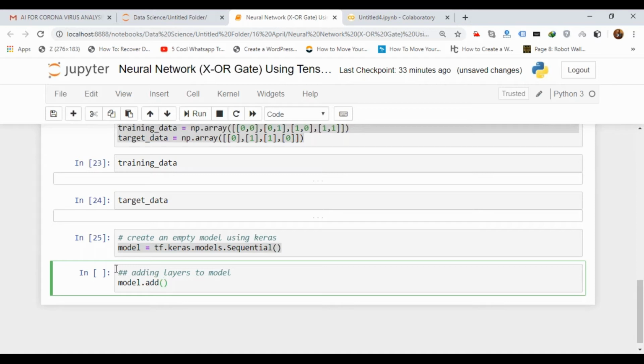Okay, so model.add(tf.keras.layers.Dense(4, input_dim=2, activation='relu'